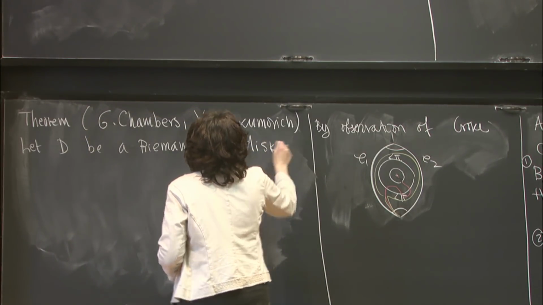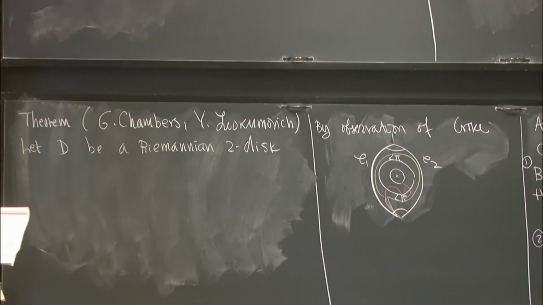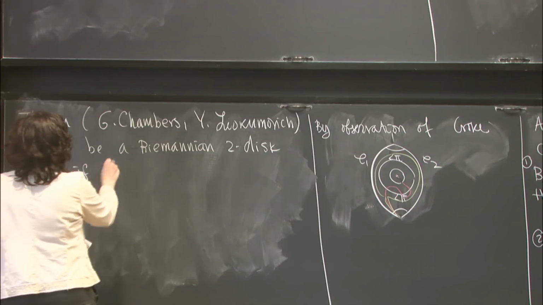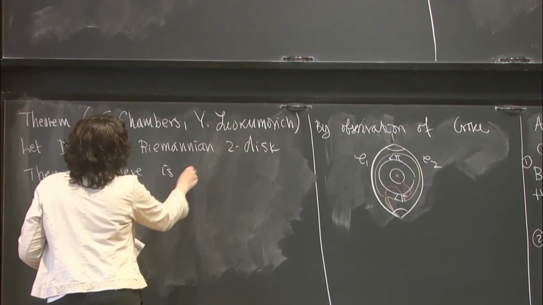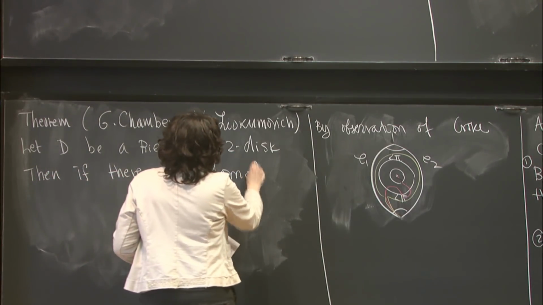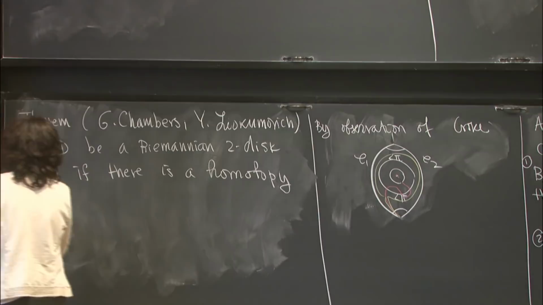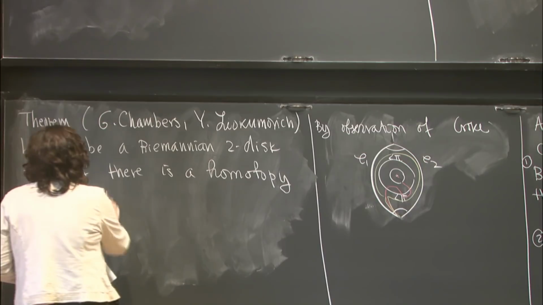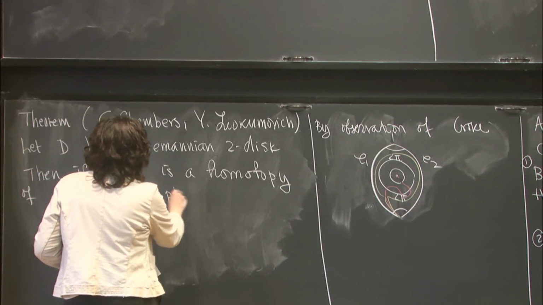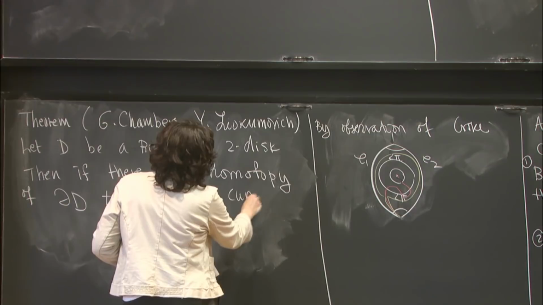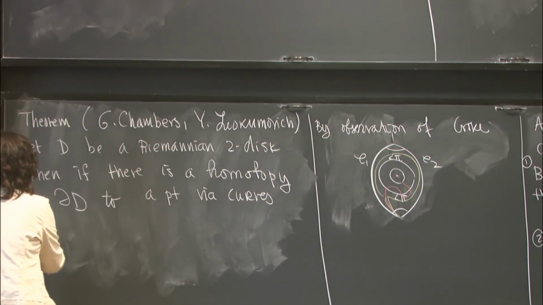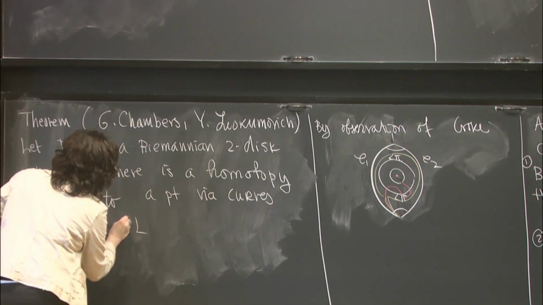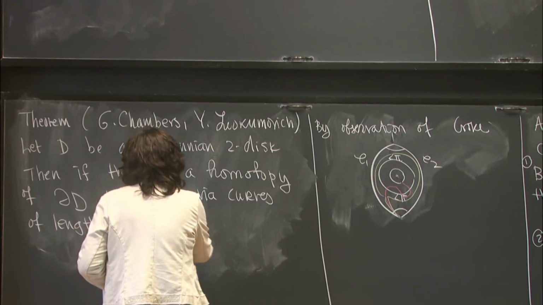Actually, they did it in more generality, but I'll state it like this. So let D be a Riemannian 2 disk. Then, if there is a homotopy of the boundary of this disk to a point via curves of lengths bounded by L, well, let me just write less than L for convenience, then there is an isotopy